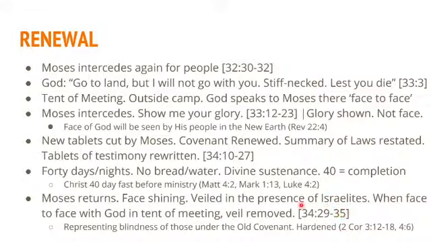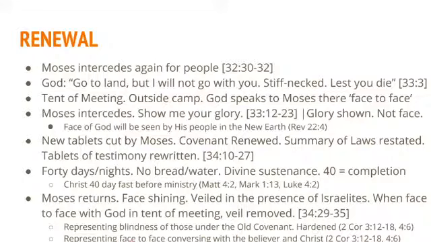So in other words, just like the Israelites were not able to see the glory of God, where Moses' face was reflecting the glory of God, and those people, out of their terror and fear, wanted Moses' face to be veiled. Paul is saying that is very similar to what was happening in his day, of the Israelites who did not want to see the true glory of God in the face of Jesus Christ. Really, really amazing.